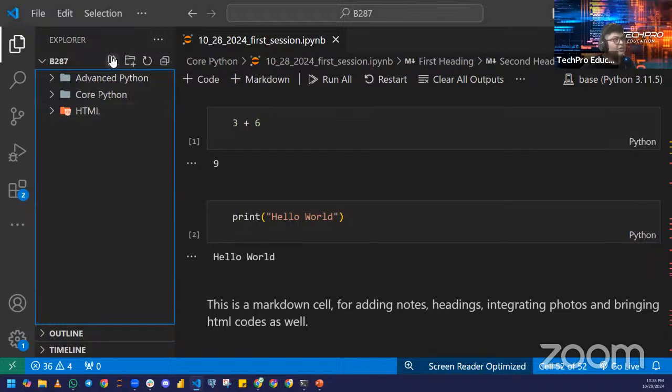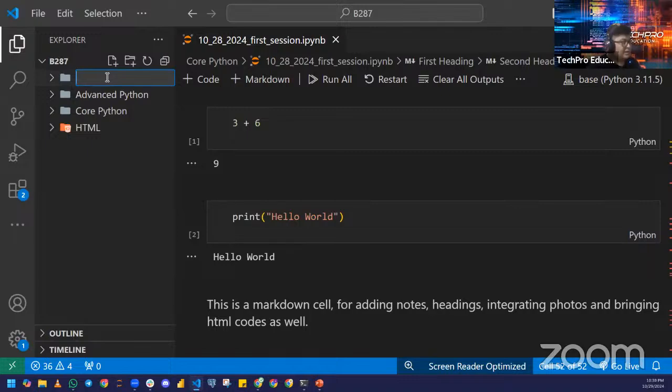Okay, how can we create a new folder? From here, you can see there is the new folder option for adding a new folder. Click on it, name your folder, for example, let's say HTML. See, we already have a file called HTML. If I say Python,